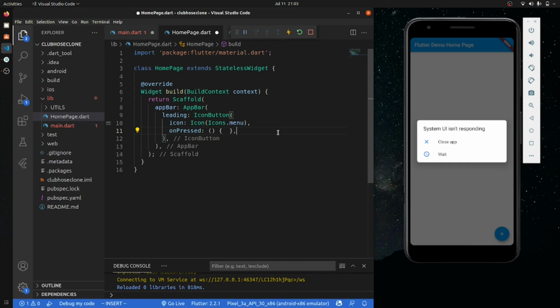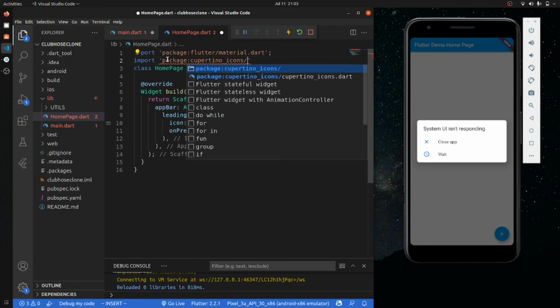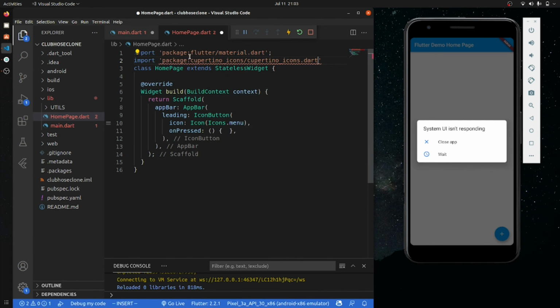And in this clubhouse, the most important thing is that they are using the Cupertino widgets. They are using the Cupertino icon theme, so we have to import that. How we can import that, we can just directly come here, import Cupertino icons, Cupertino icons dot dart. Okay.